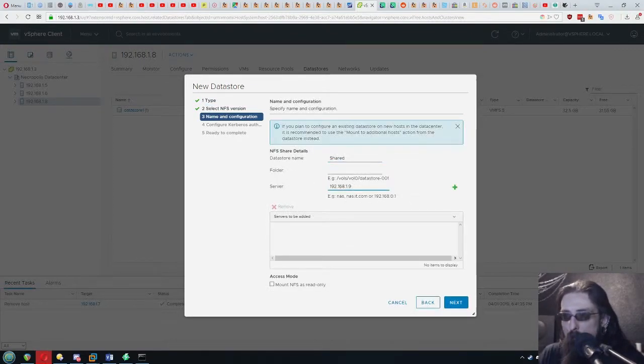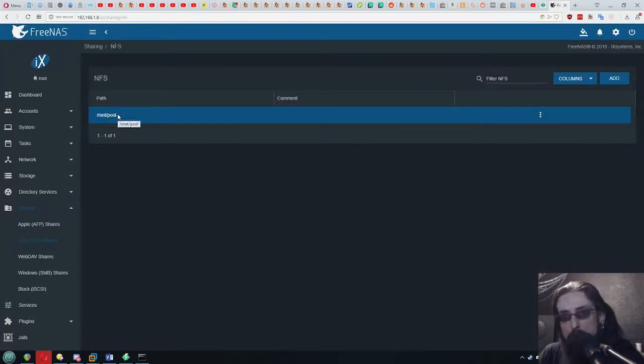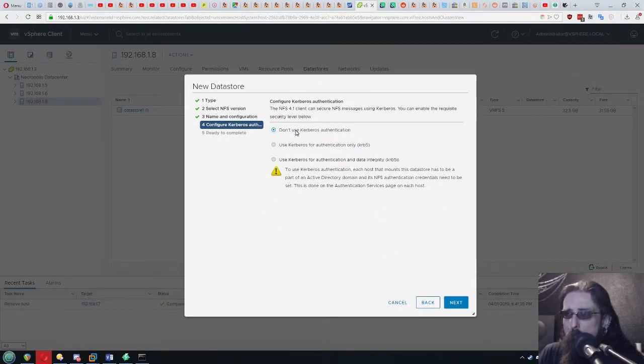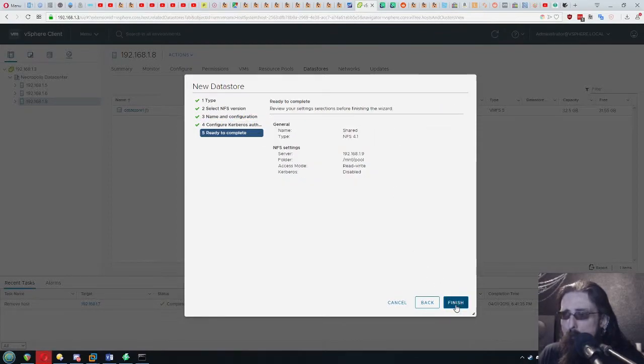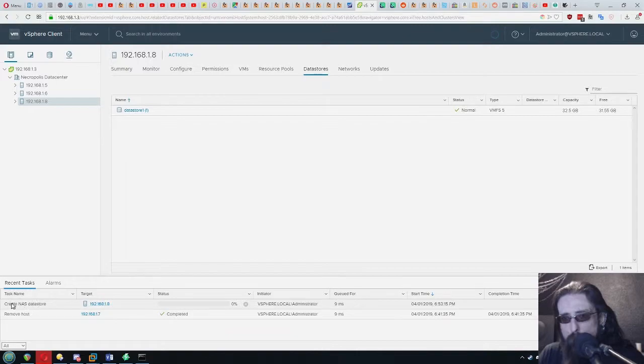So I know it's on this folder, or on this IP. So I think we need this exact directory here. I don't know what this Kerberos authentication is. I'm just going to say don't use for now, and we'll see what happens, whether that actually does anything or